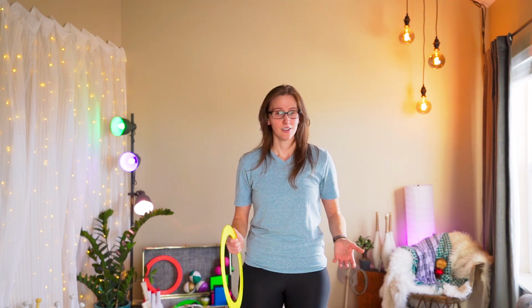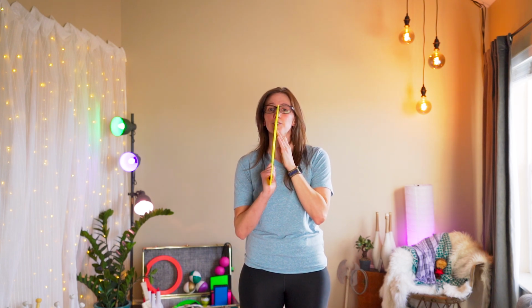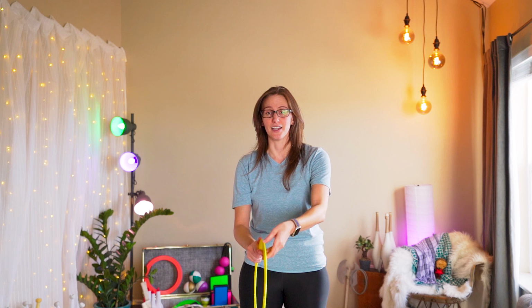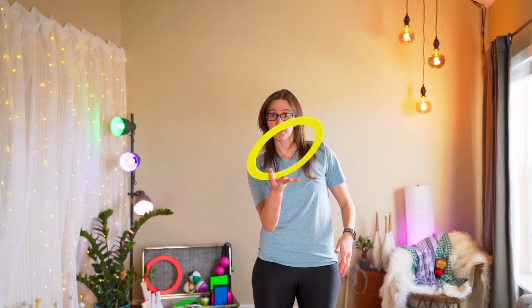Again, we wanna start at our hip, bringing the ring down and then throwing a very straight line to the point we wanna hit. Again, I aim for sort of my chin and do that. It's very important to release the ring in that line. If for some reason you're throwing here, but you're releasing it like this, the ring is going to wobble and you won't catch it. If you're putting any sort of twist on your hand, if you're releasing like this, then